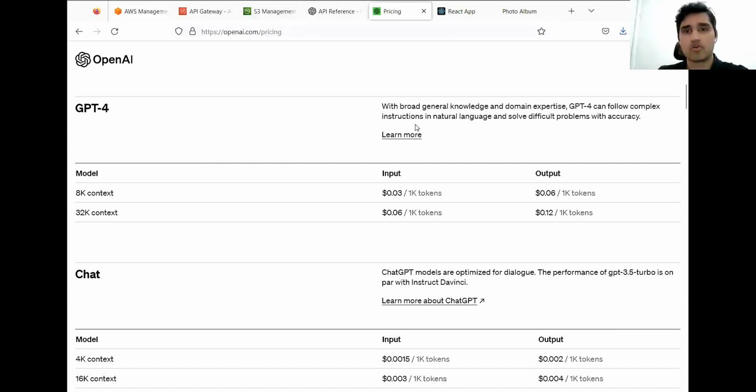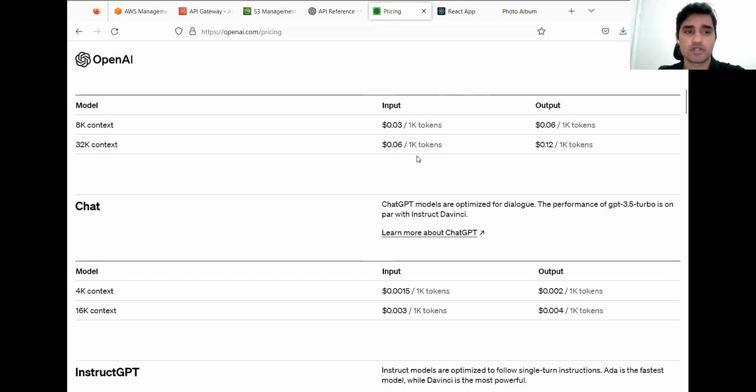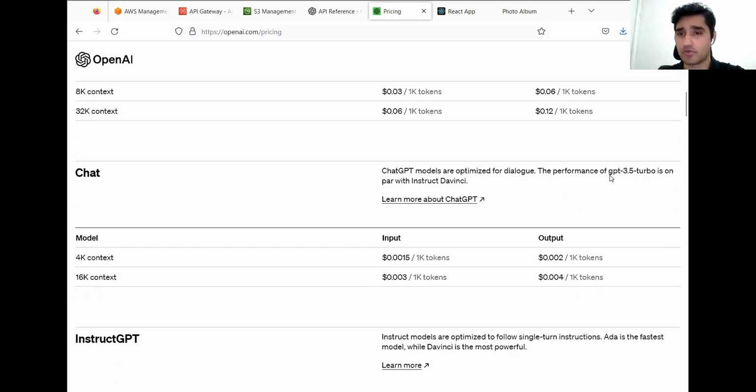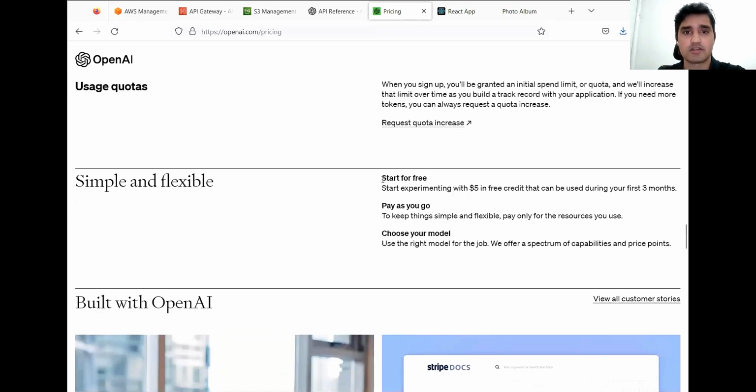So here's the pricing for OpenAI. We have several models that can be used. The model we'll be using today is the GPT 3.5 Turbo, and the pricing is quite fair, $0.002 per 1.5 tokens. And once you sign up for the first time, you do get around $5 in credits for first time